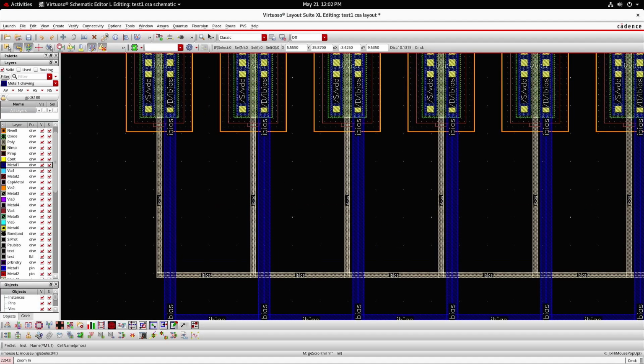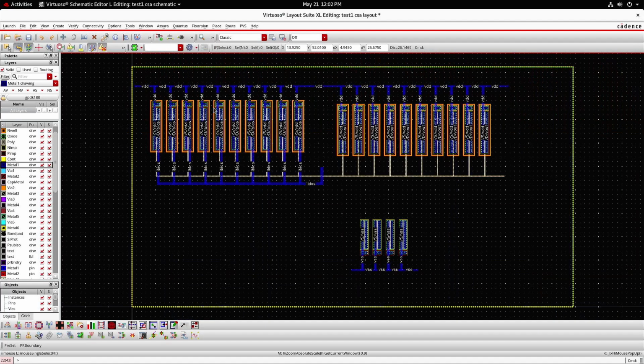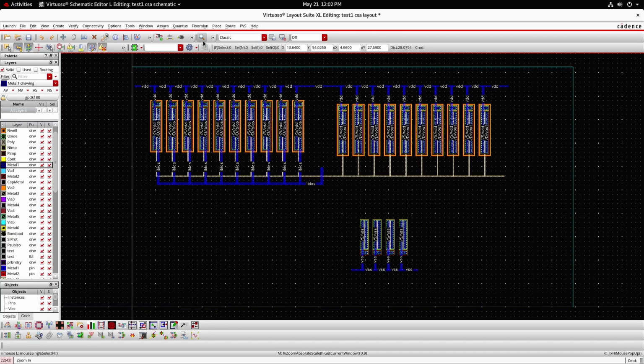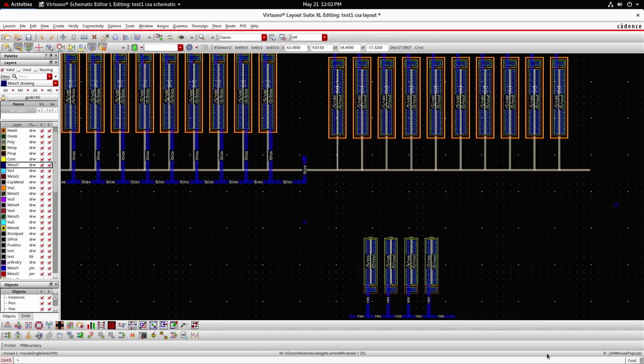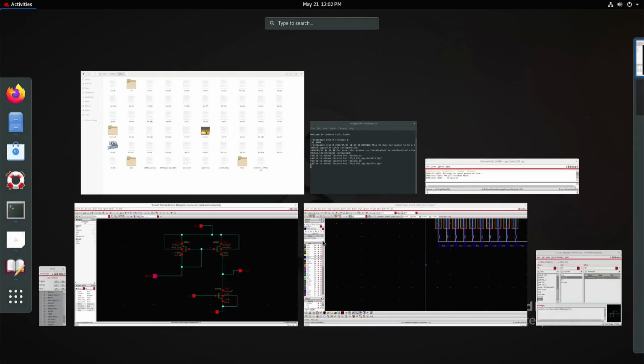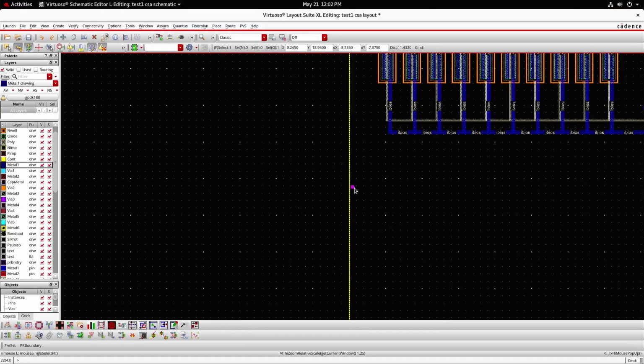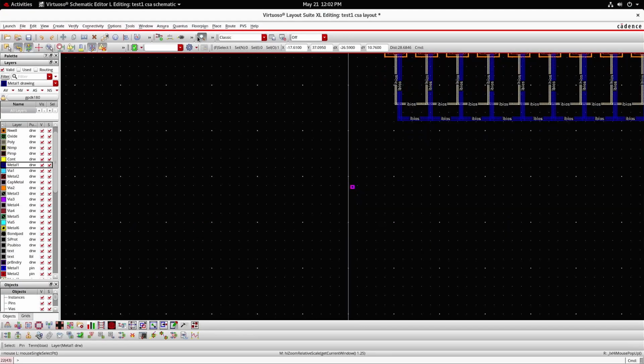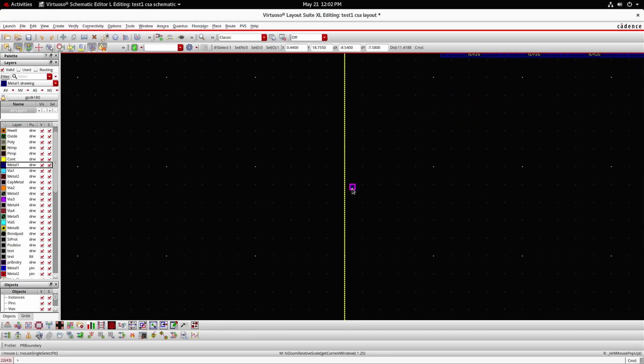Now you observe all the drains are shorted and it is connected here. On this I need to place the I bias pin. To place the I bias pin, click on I bias in the circuit, and the corresponding pin will be highlighted here. Bring that I bias pin and place it on this shorted gate and drain.